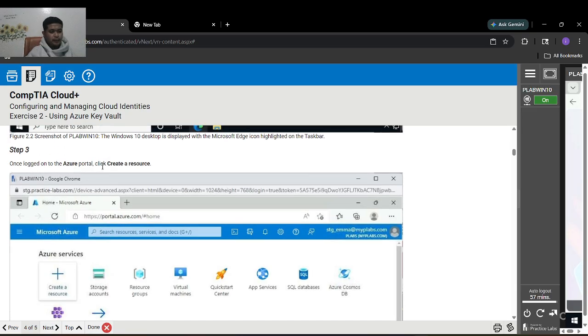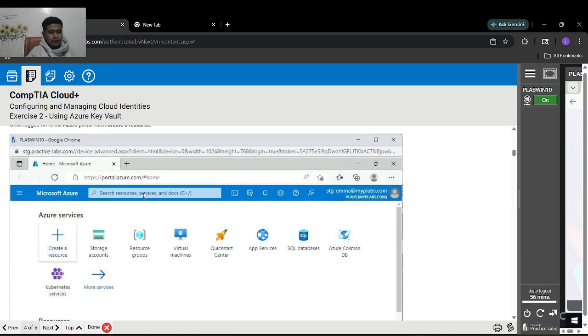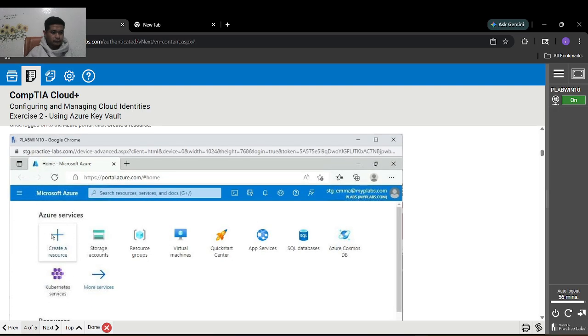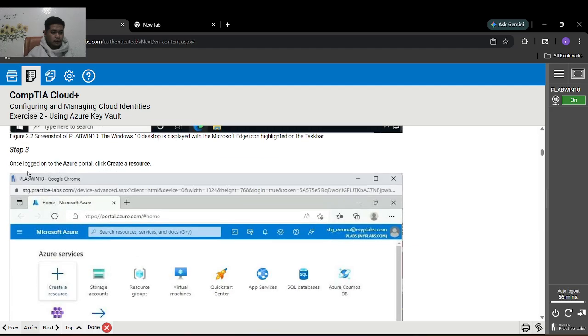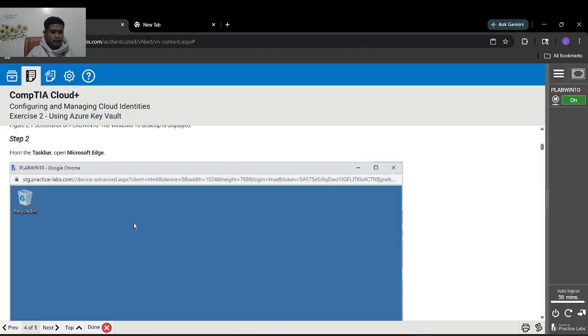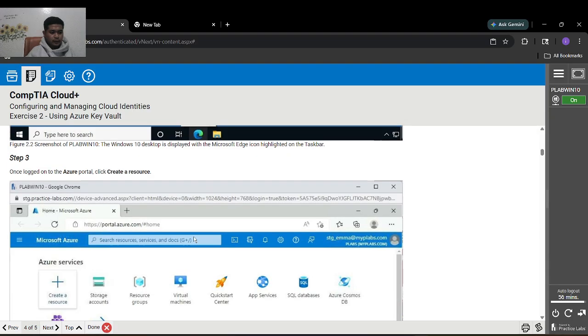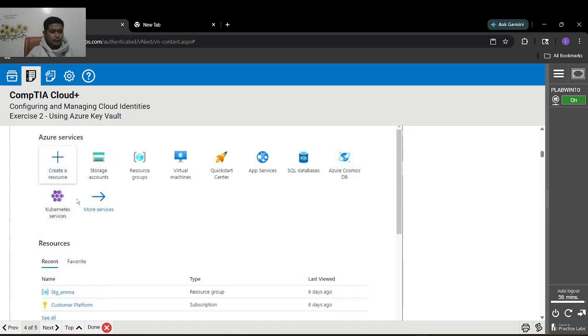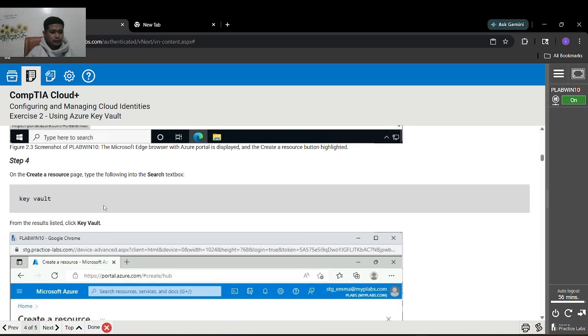Once logged on to the Azure portal, click create a resource group. If you click the Microsoft page, you will see the Azure portal, and after the portal displays, click create a resource. So step 4, on the create resource page, type the following into the search text box.